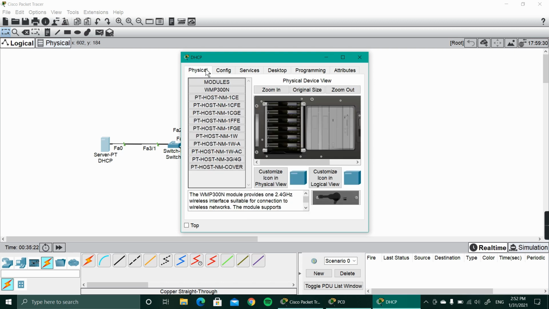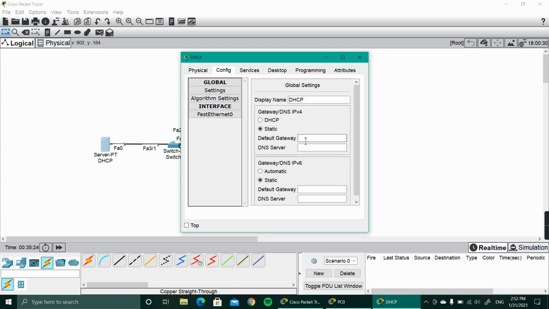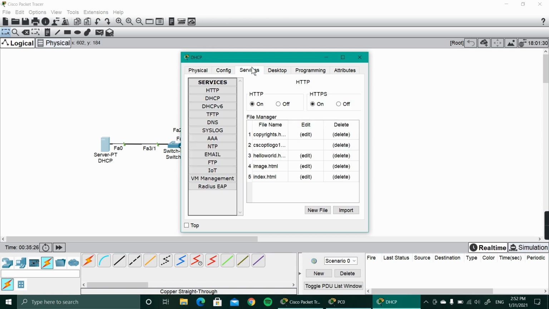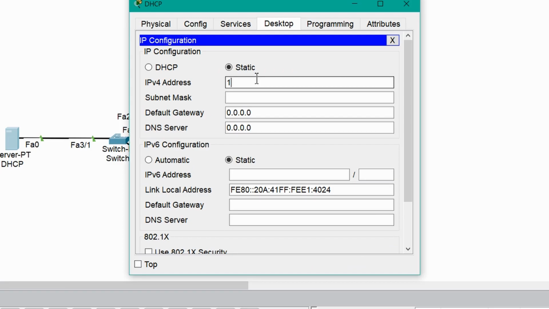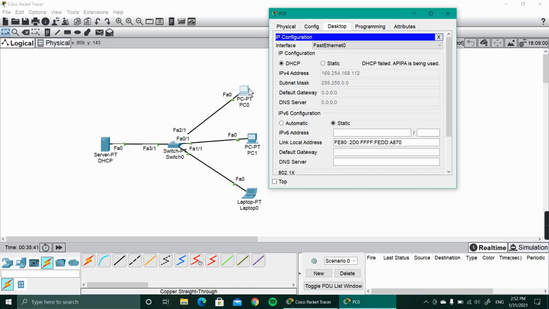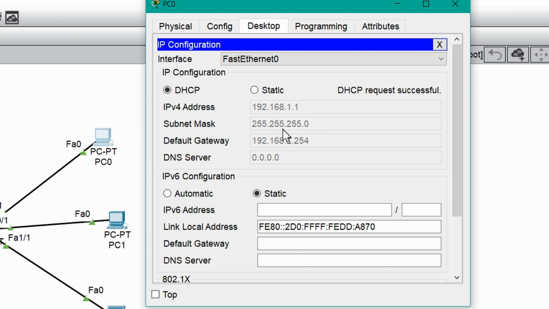Okay, there is a reason, because we have not assigned any static IP to this server. So first we have to assign a static IP to this server. So we can assign 192.168.1.254, which is the default gateway address, to this server. And now we'll see that PC0, if I go again to static and again to DHCP, now it should be successful, and it is successful.